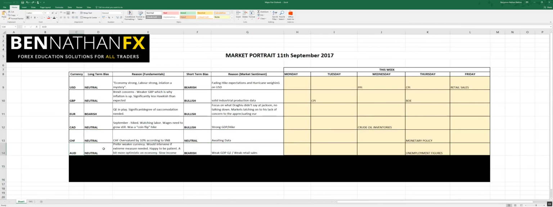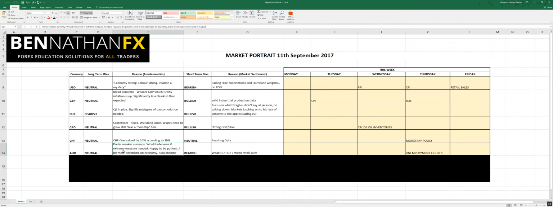Moving on to the Aussie dollar, so very much neutral. RBA confirmed that they prefer a weaker currency. That they are happy to intervene if extreme measures are needed, but for now they're happy to be patient and leave rates as they are. They're fairly optimistic on the economy. They just noted some slow income growth in August, but overall very much a neutral currency when it comes to